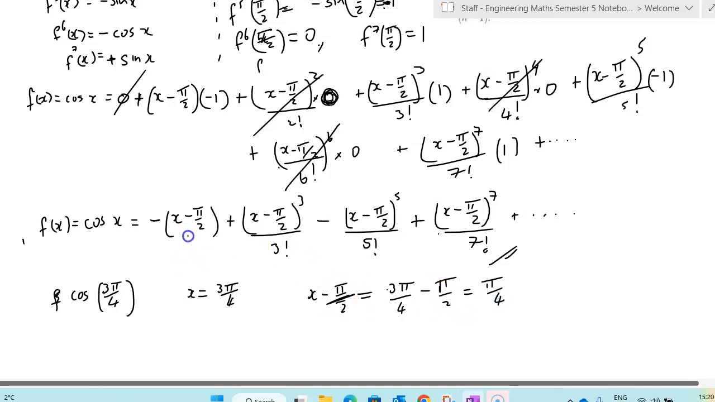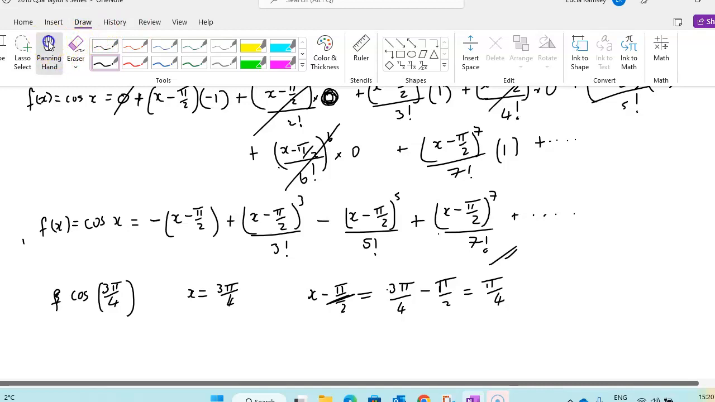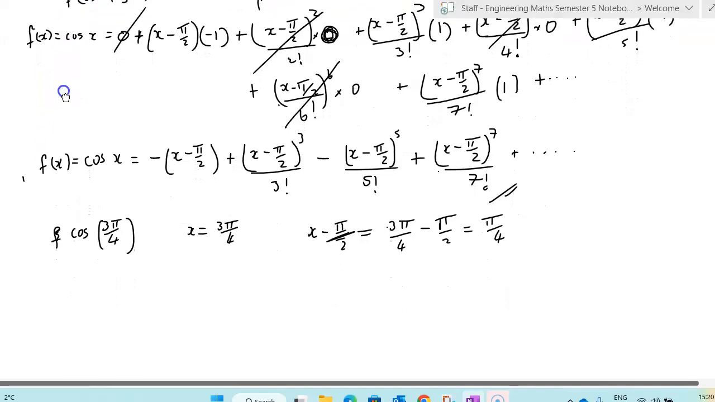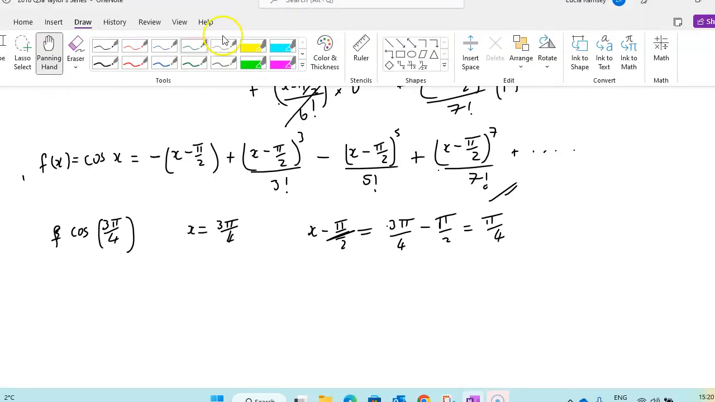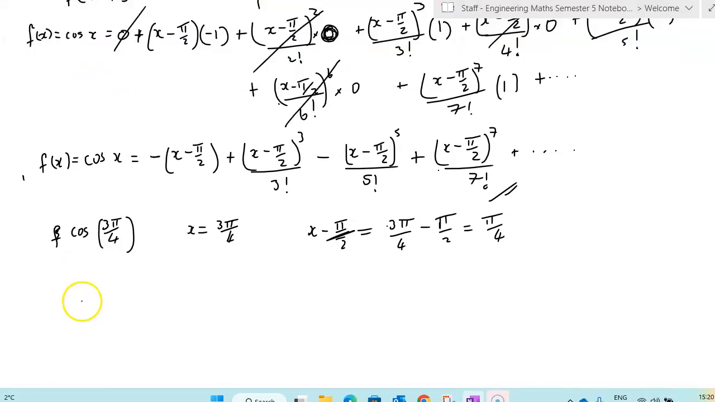So what goes into the brackets can be pi over 4, so I can rewrite that as pi over 4. So then cosine 3 pi over 4 is equal to minus. So instead of this whole bracket, for the x is 3 pi over 4 minus pi over 2, that's